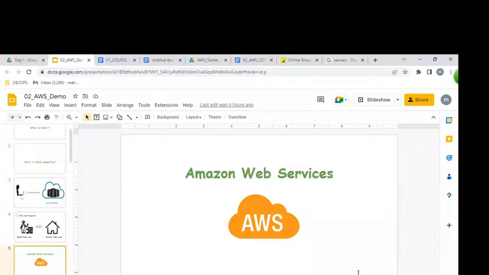AWS is the first cloud provider, in 2002 or so. That is the reason it is popular. It is the first provider, so it occupies more than 50-60% of the market.